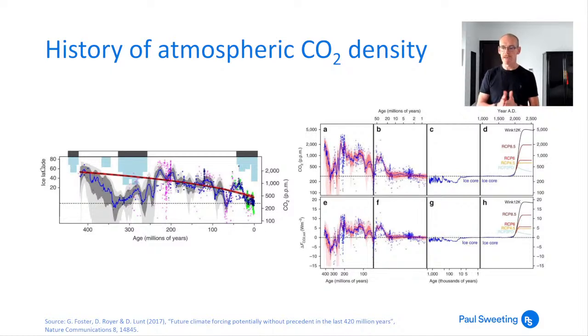So the panel on the right looks at again a slightly different time frame zoned approach. So first millions of years, thousands of years, and then the present day. And you can see that coming out of the Ice Age, we end up with very stable levels of carbon dioxide. And then under this range of scenarios, which we'll talk about, the IPCC ones, we can see that there are a number of different potential scenarios that are considered. One of which leads to carbon dioxide levels which are as high as they have ever been.